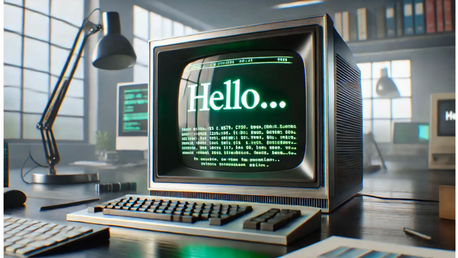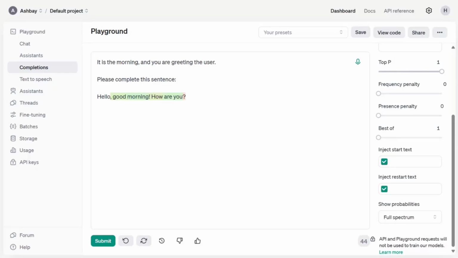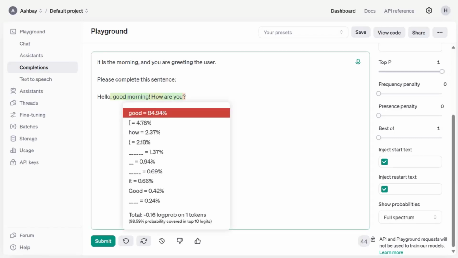All right, but what we just did is actually an example of what large language models and GPT assistants do, right? So here, I went to a playground. This is the ChatGPT playground, but I said, hey, it's the morning, and you're greeting the user. Please complete the sentence. And I wrote hello, and look at what it's doing. It actually said, hello, good morning, how are you? But you'll notice there are different colors on each word. And that's because as it's writing the sentence, it actually doesn't know what it's saying. It's really a fancy autocomplete